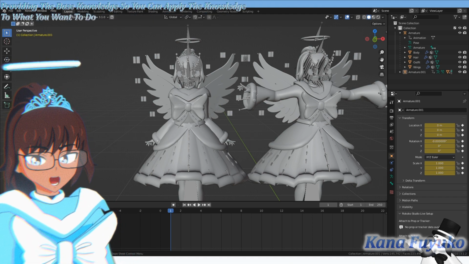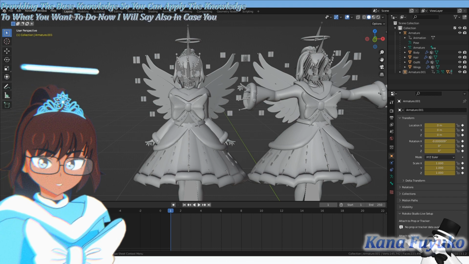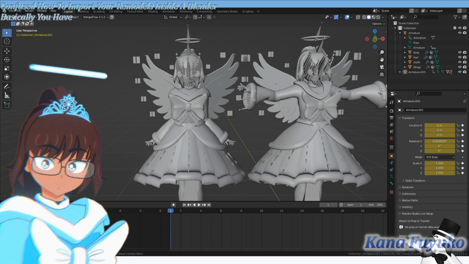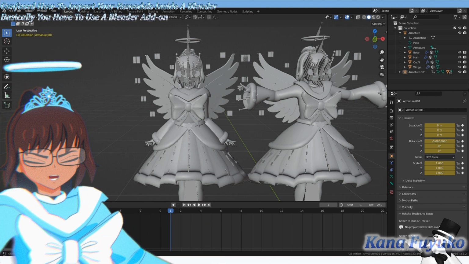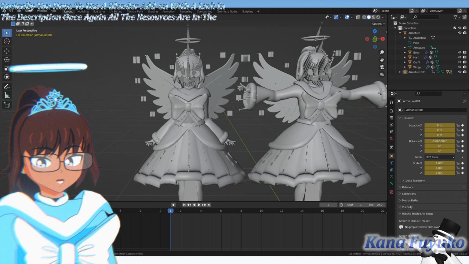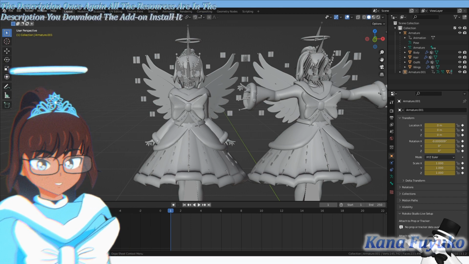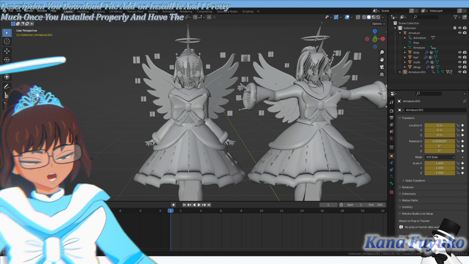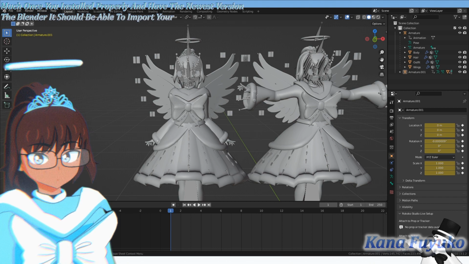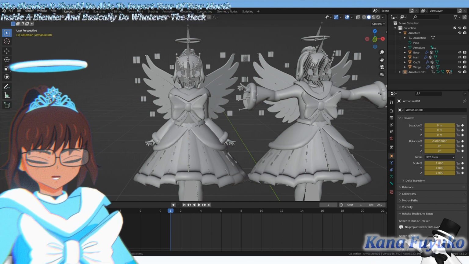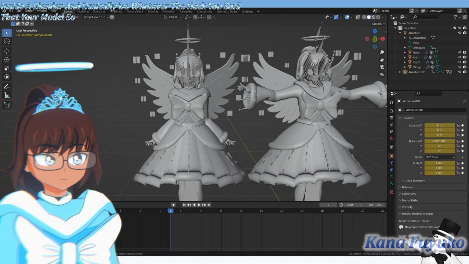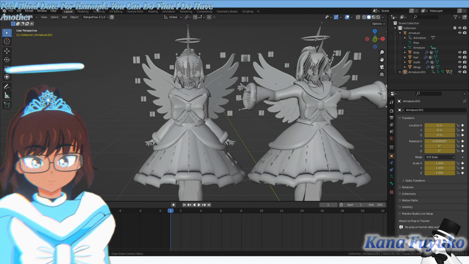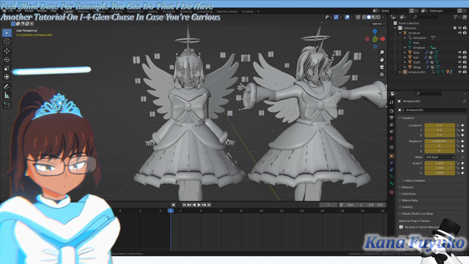Now, I will say also, in case you are confused about how to import VRM models inside of Blender, you have to use a VRM Blender add-on, which I'll link in the description. Once again, all the resources are in the description. You download the add-on, install it, and once you install it properly and have the newest version of Blender, you should be able to import your VRM models inside Blender and basically do whatever you want. You can even edit your model, so if you have a VRoid model and you want to edit your iPhone blend shape, for example, you can do that. I do have another tutorial on iPhone blend shapes in case you're curious. Check out my channel, but either way,